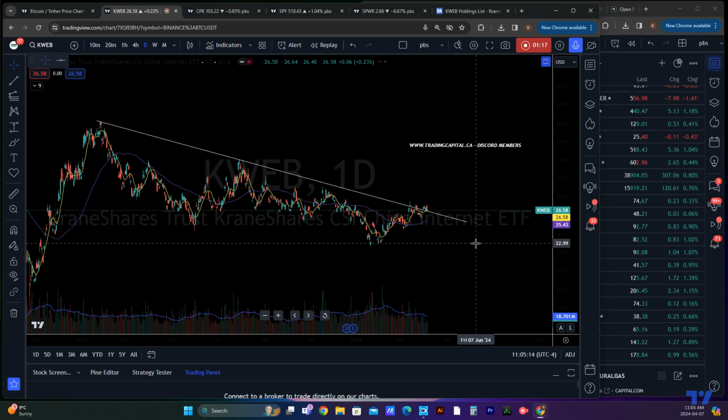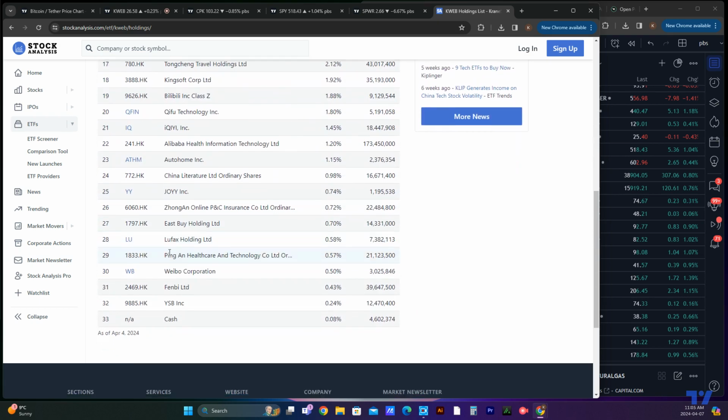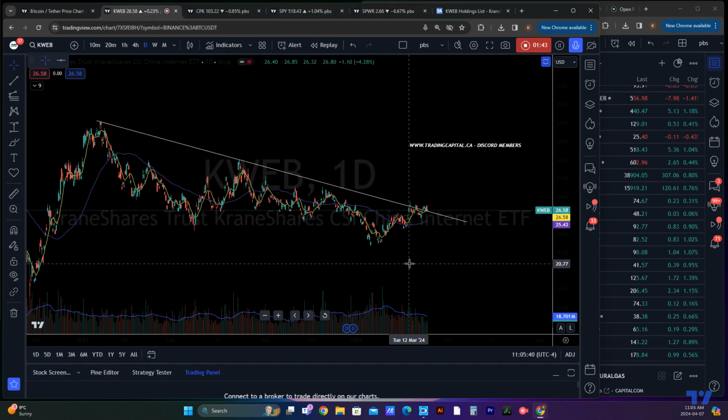So again, this is on the precipice of breaking out. What I'm going to encourage you to do is take a look at the KWEB holdings list. Anything in blue, North American equities, we can trade. Anything in black is more or less your over-the-counter or China equity tickers. Focusing on anything in blue, I've gone through this whole list, and there are about 12 tickers that I've put on a short list in this ETF that I think are very bullish and could yield more upside in the near term. Not all the tickers in that ETF are bullish, so you're going to have to do a little bit of your own due diligence, but a few that I'm liking: